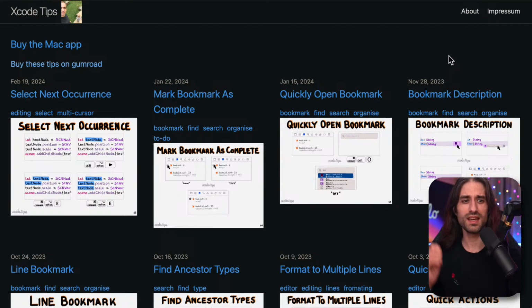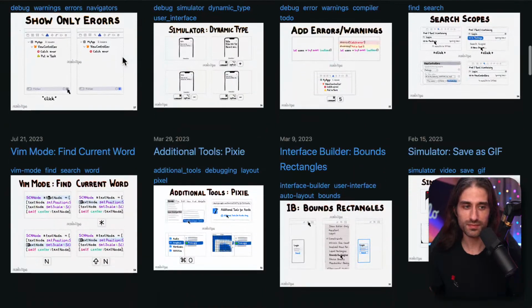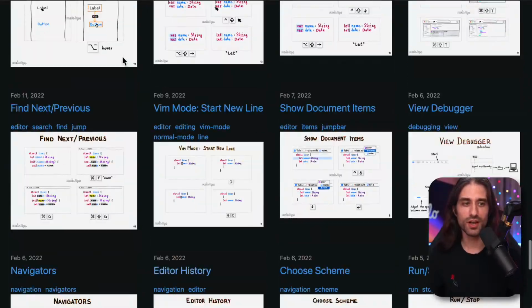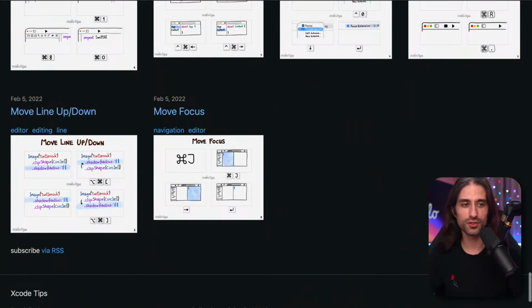And as you can see, these tips have been illustrated with really nice visuals. So if you want to check the website yourself, you have the link in the description. As you can see, the creator has also made a Mac app. So if you want to support him, you know how you can do it. And we're going to cover all of this. So let me look at the chat also. I see a few familiar names and faces.